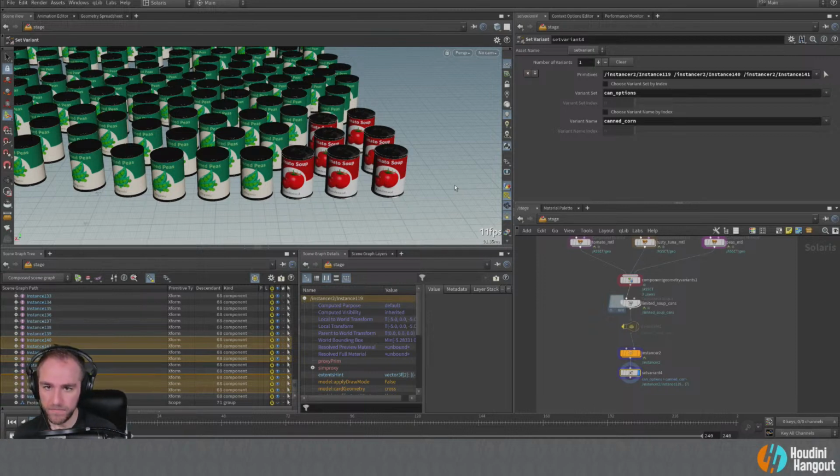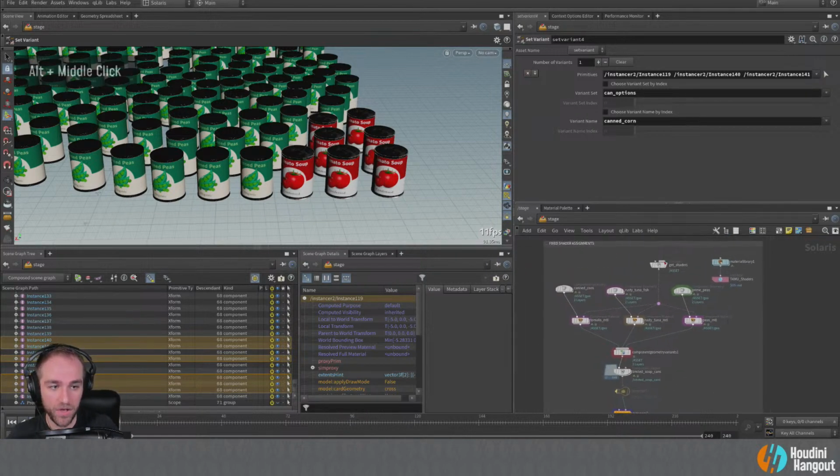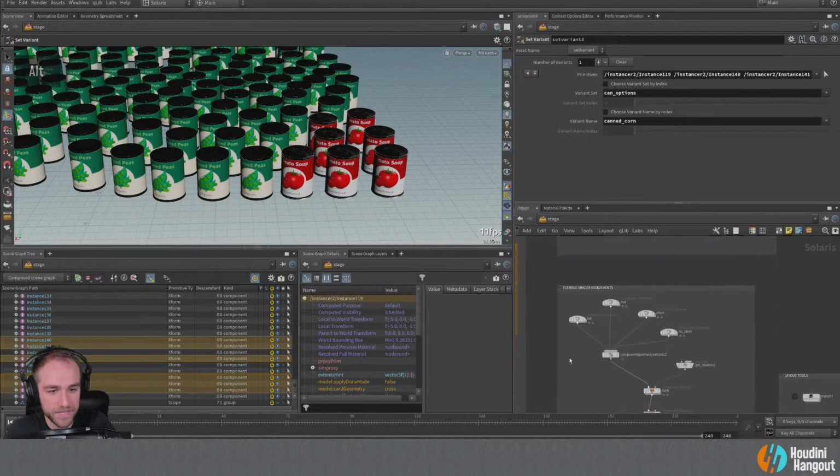So let's look at maybe the best way to think about working with this component builder in a way that we can create all these different variations for ourselves and make it really flexible. And really, I think this is the beauty of working with USD: you can create things that have a lot of flexibility in them and create really interesting layouts with a fairly limited number of assets. So let's take a look at this here.